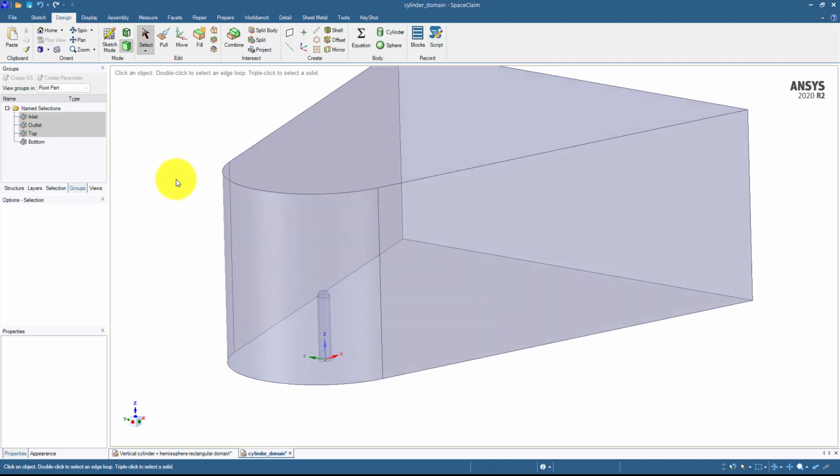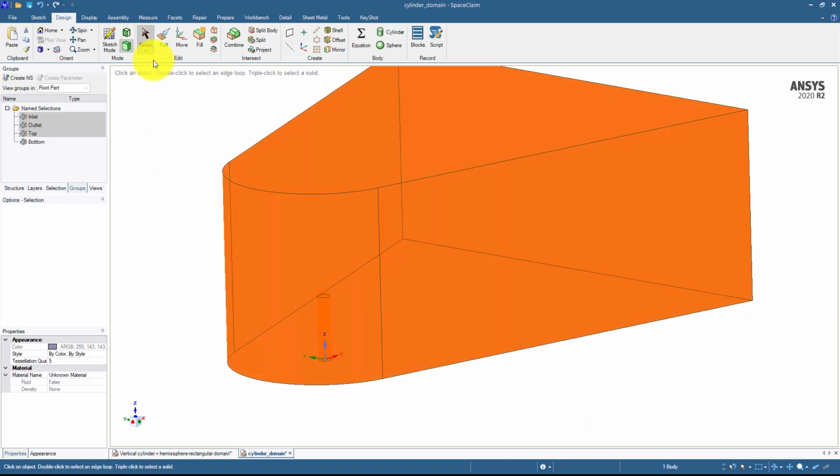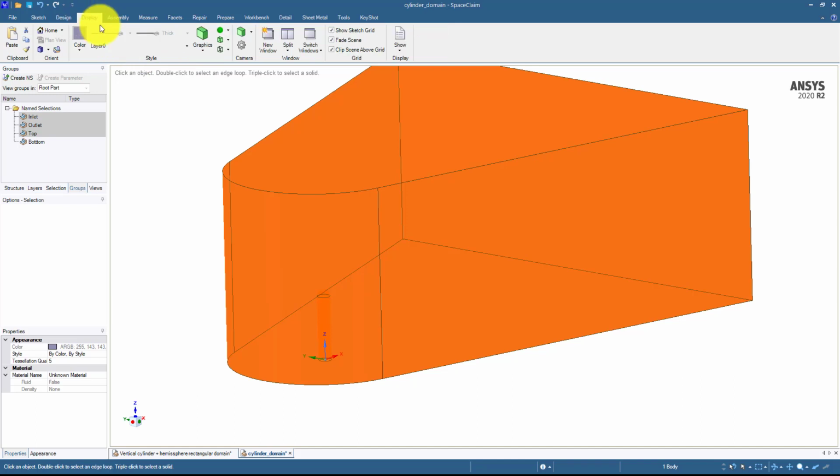First of all, let me change the colors to some random colors here, and also change transparent to opaque, so that we can clearly visualize the things happening on the screen.